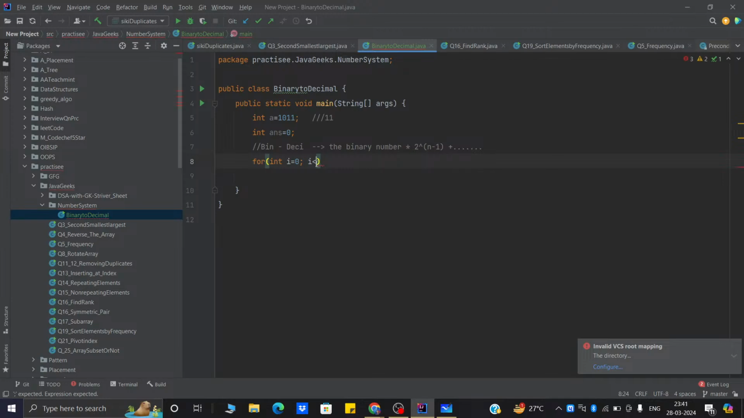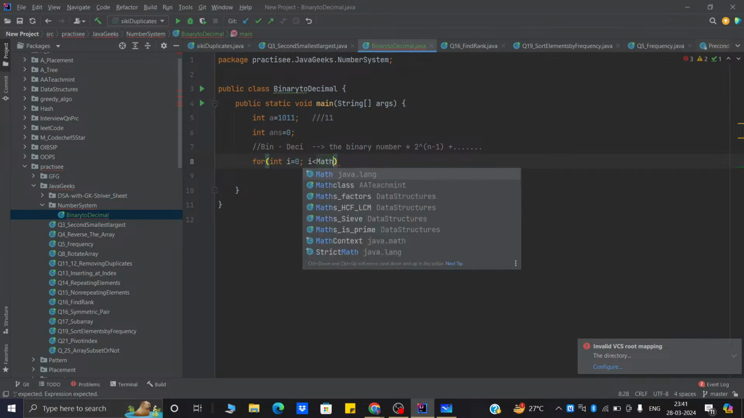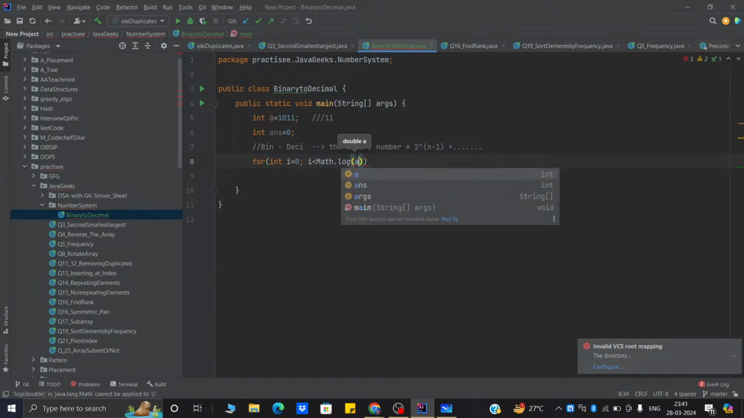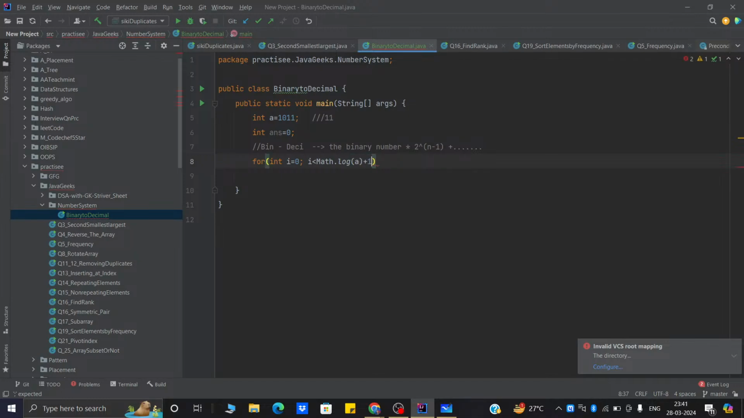Okay, so there is a formula to find the length of a number. This is Math.log10 of a plus 1. Here a is 1011, right? So log of a means how much? We can write 1011 as 10 to the power 3,